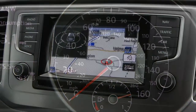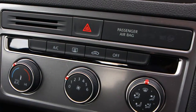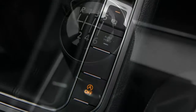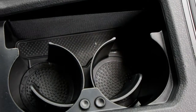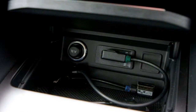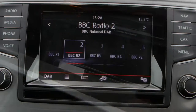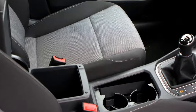Upgrade to SE and you'll get these additions: adaptive cruise control, 16-inch alloy wheels, body-colored door handles and mirrors, air vents and tables for rear passengers, leather steering wheel and gear lever, automatic lights and wipers, drive modes. SE Nav spec adds the Discover Nav system, while the top-of-the-line GT completes the range with the following: